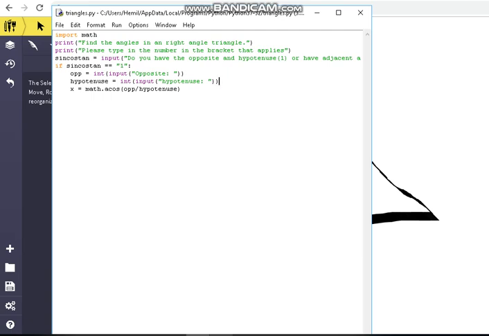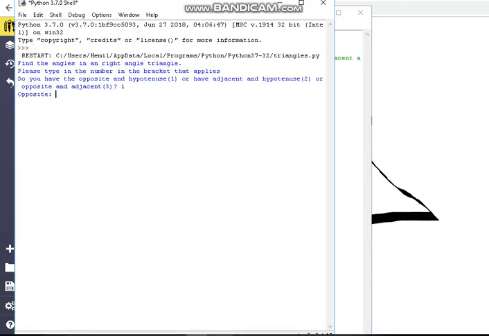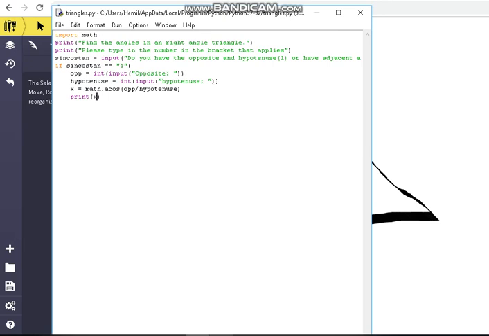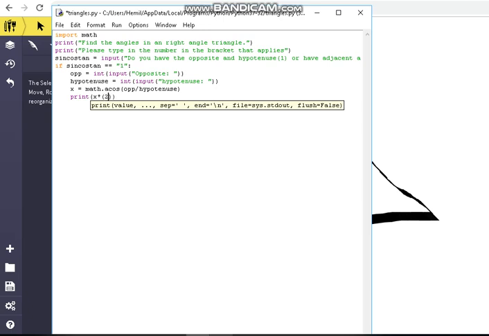So yeah. Oh yes, we've calculated the value of x here, but we haven't printed out anything, so let's just do that real quick. So 1, 5, 10. As you can see, it's given me 1.047 and so on. That's the answer in radians, and if you want to convert it, you just have to do x times, and then what you have to know is that you times it by 2 pi, which is 3.14 and so on. Or there's another way,